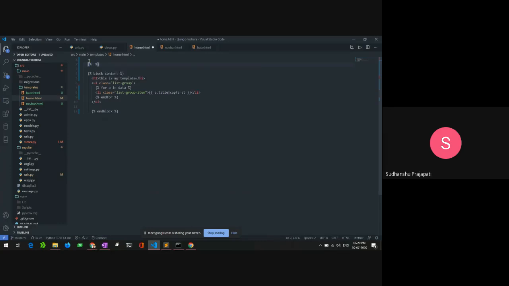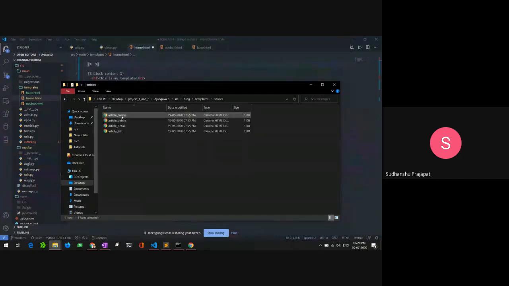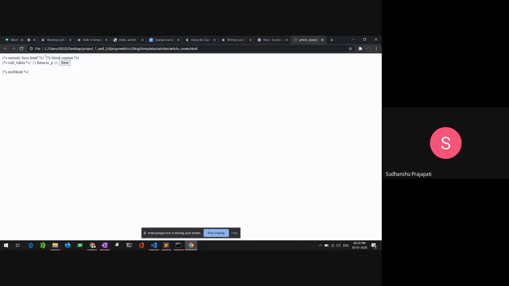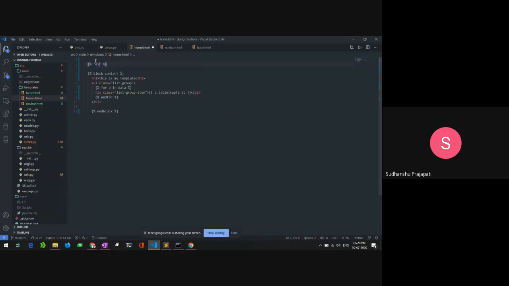So I will write the tag, that is extends, and the name of the HTML file that you want to extend from and inherit from, that is base.html.